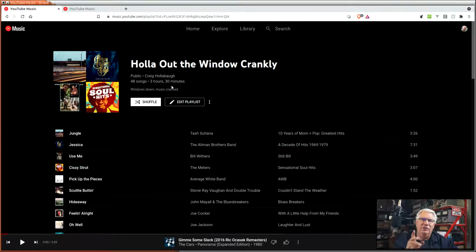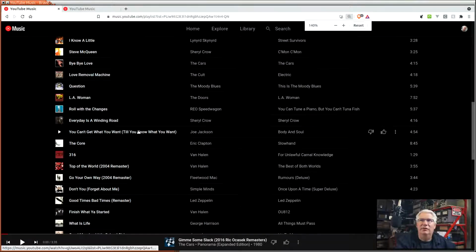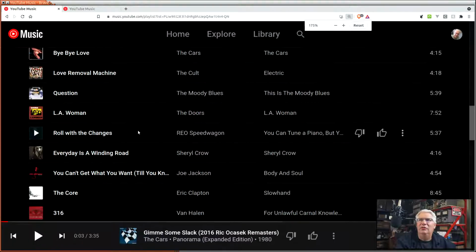I tried to adhere to that when I did this, but what ended up happening over the last 3 months since I've been creating this list was I'd add new songs, and the order in which the songs show up is not optimal yet, but this is a work in progress. In fact, if we scroll down to the end of this, I don't even know if you can see this. Let me zoom in on this